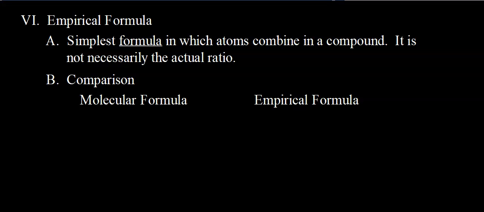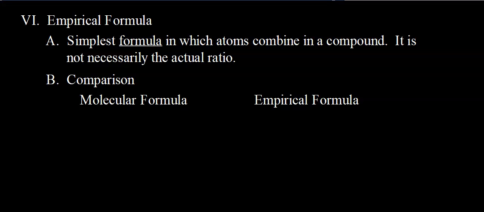All right, we've talked about empirical formulas before, but now instead of you given the empirical formula for a compound, you will determine the empirical formula. So if you recall, an empirical formula is the simplest formula in which atoms combine in a compound. It shows the smallest ratio of atoms in that compound, and it may or may not be the actual formula